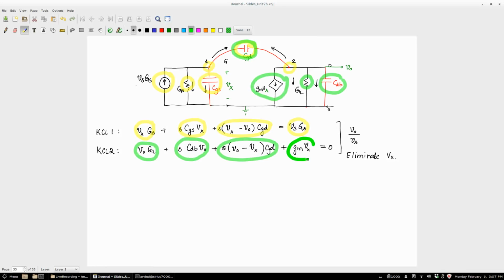For node 2, similarly, let's first look at the current leaving through GL, that is V naught GL, then the current leaving through Cgd, which is S times Cgd times (V naught minus Vx). That is just the negative of the current above, and the current leaving through the current source, which is Gm Vx. So what we are interested in is this ratio of V0 by Vs, and as you find here, there is a Vx involved. So our aim is to express Vx in terms of